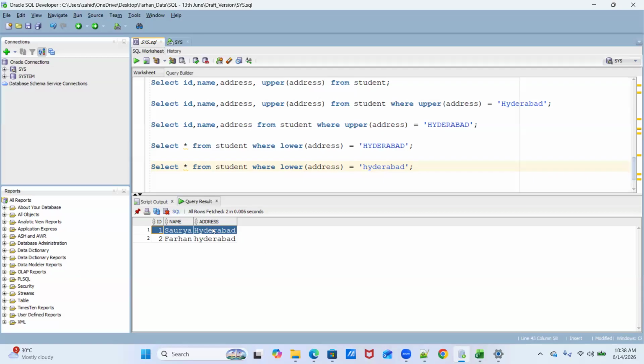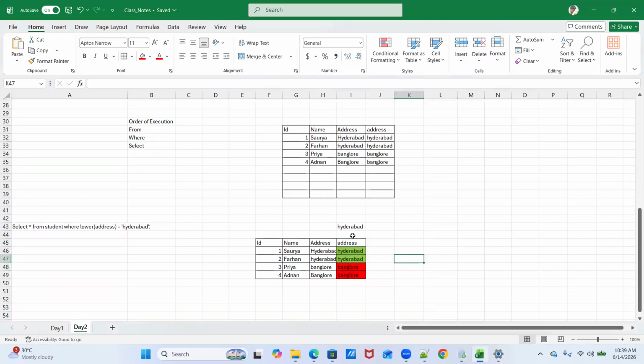We are not matching based on this address column. We are matching based on lower of address. After converting the value of the address column into lowercase, we compare it with the lowercase of Hyderabad.